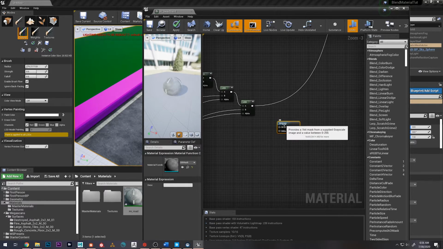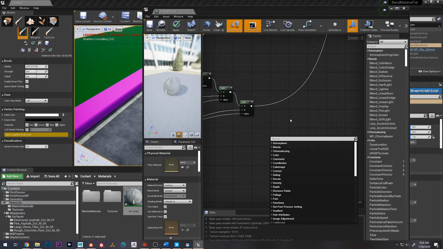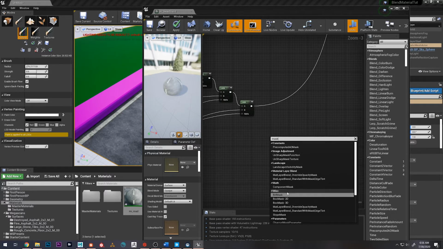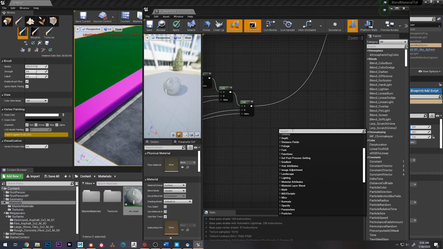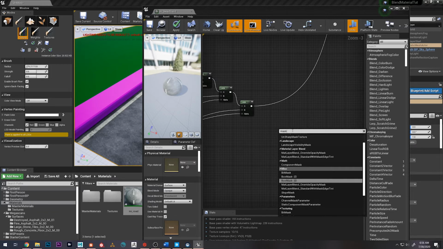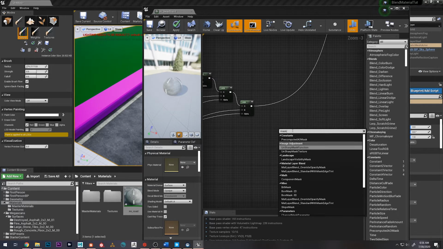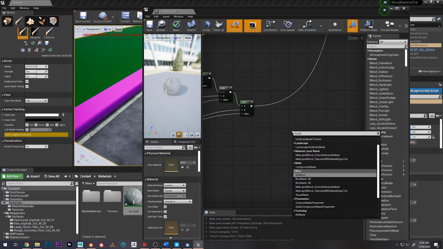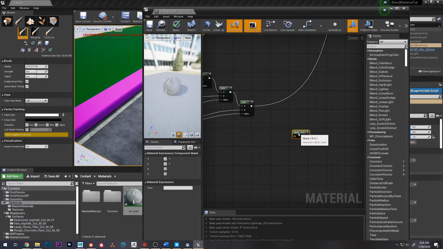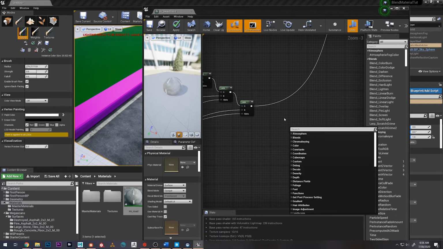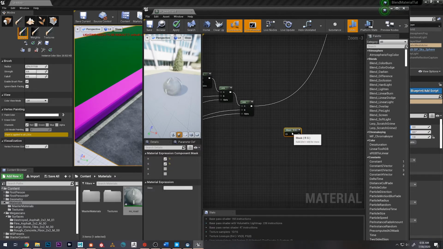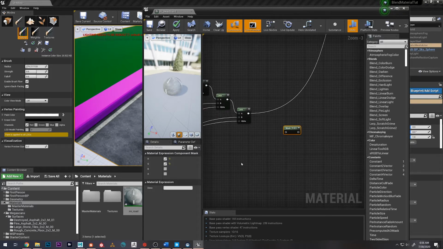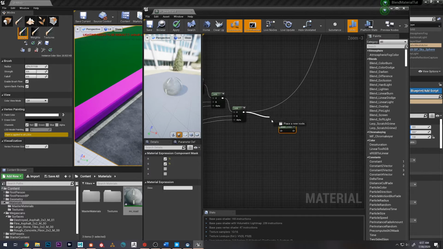I believe it's bit mask. Nope. Let's see, what is it called? Mask. One second. So we're going to want to create a mask, and we're looking for component mask. And what I want to do is make sure I just have R and G on, and I'm going to pump that into the mask,